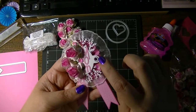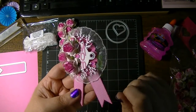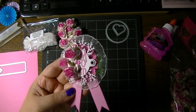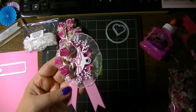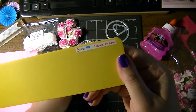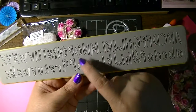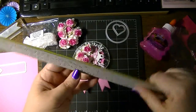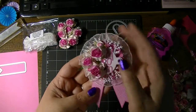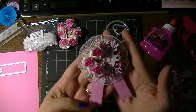And I did use a white eyelet to set that, and the letters Mom are from another strip die, since I pulled out all my strip dies, and that's the Sizzix Hayseed Alphabet, and it comes in upper and lower case. So I used M-O-M right there. It was just the right size to fit on top of that little round tag from Sizzix. And then the focal point of this entire